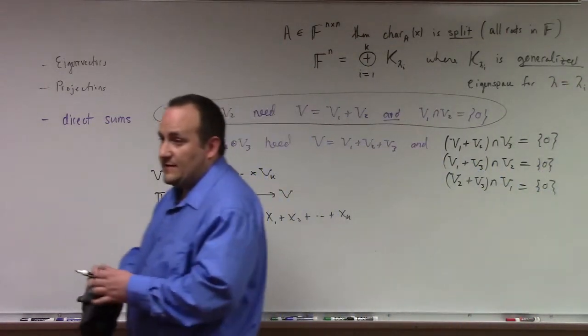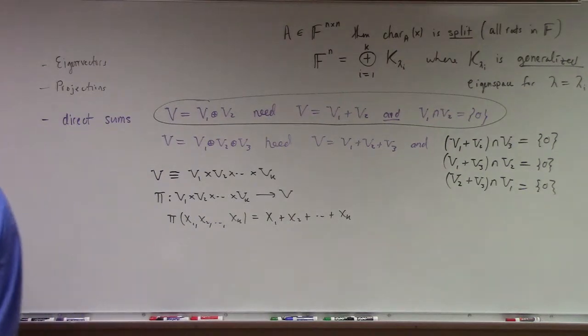So that's a direct sum decomposition. We also have a direct sum decomposition of n by n columns into a direct sum of generalized eigenspaces if we have all of our eigenvalues in the field. For example, if we have a complex vector space, certainly it's the direct sum of the generalized eigenspaces if we're looking at a given transformation or matrix.